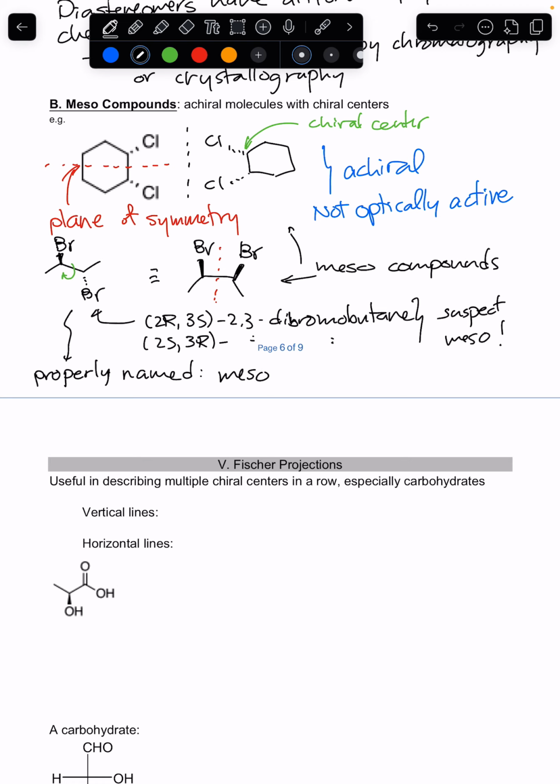Instead of saying 2R or 2S or 3S or 3R, meso-2,3-dibromobutane is the proper name for that because it is a meso compound. Hope that makes sense. Now,